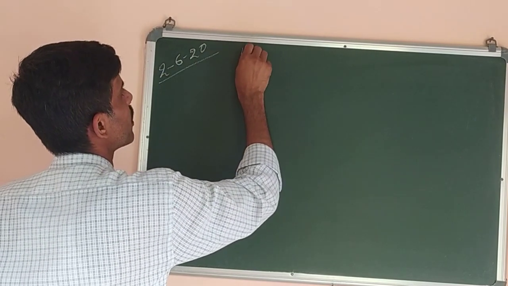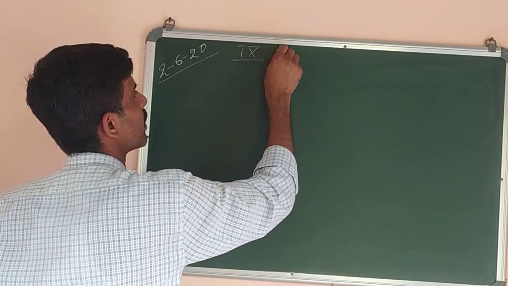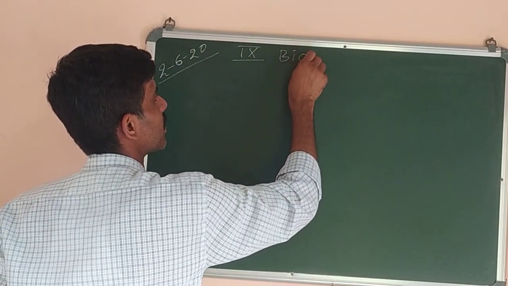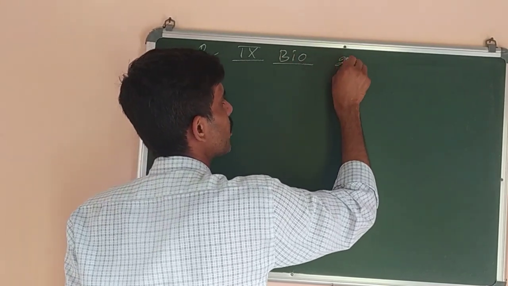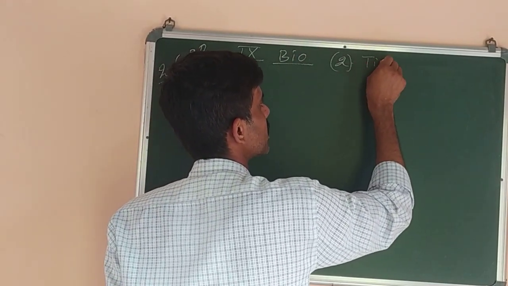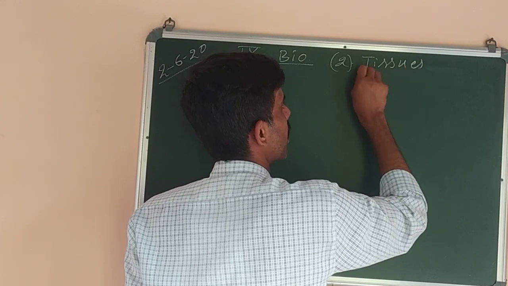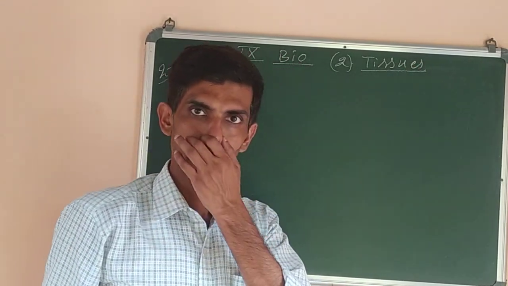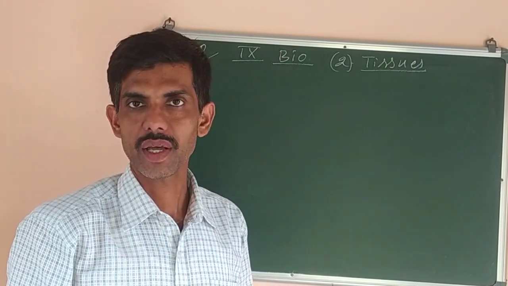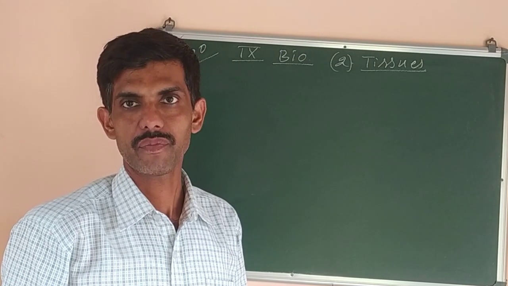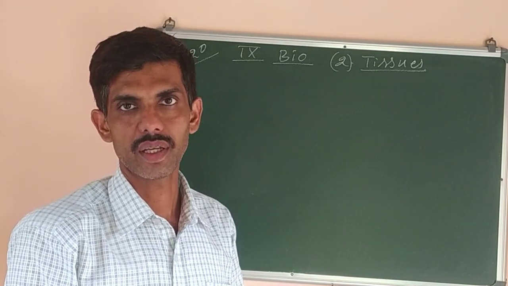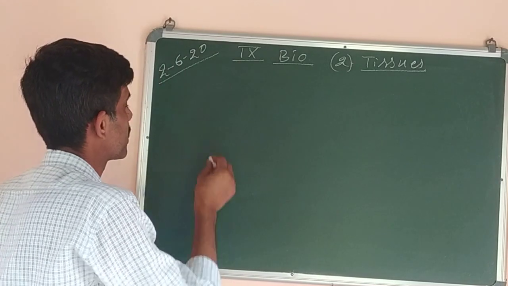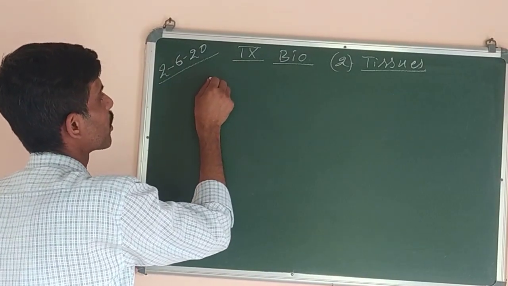Today we are going to study a new chapter, that is tissues, in which you will study about both plant and animal tissues. You know what is tissue? A group of cells that has similar origin and performs a similar function is called a tissue. So what is tissue? Tissue is a group of cells,